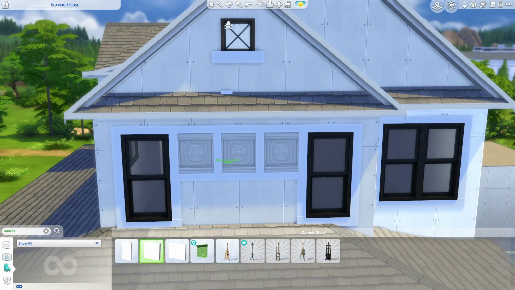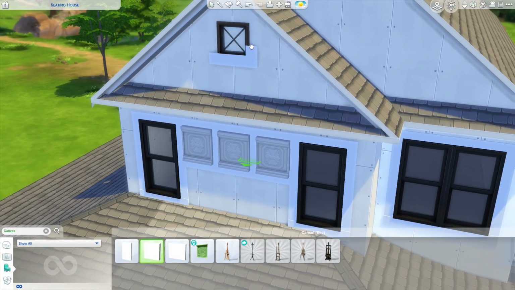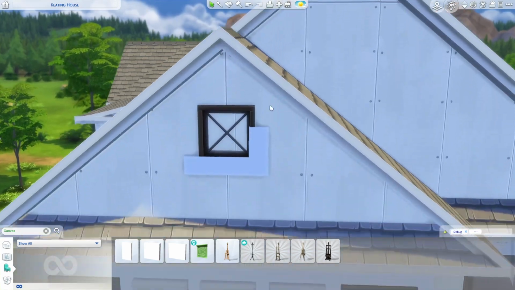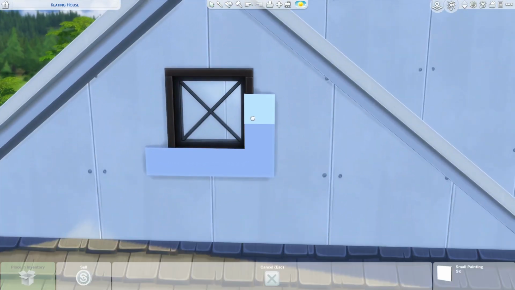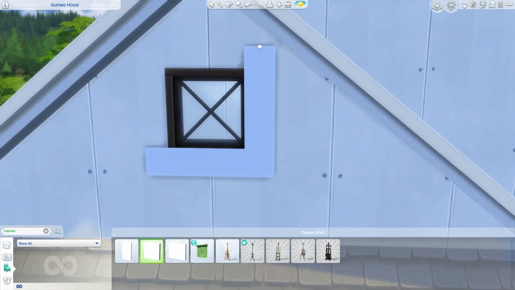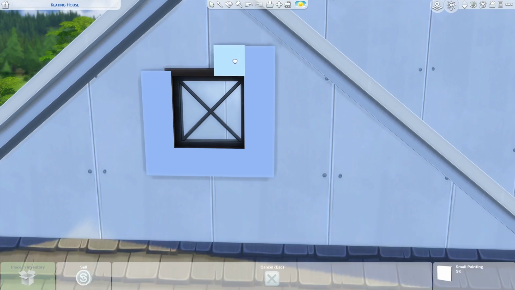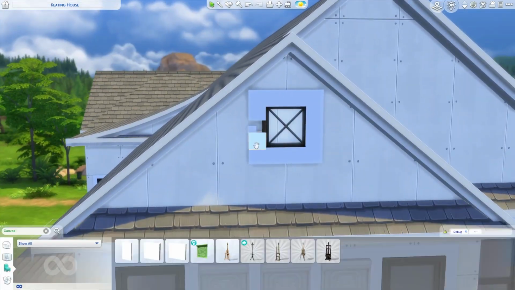I kind of like to get a bit creative with how I'm going to execute different things to get it as close as I possibly can to the TV show or whatever I'm basing it on. Another key feature of this house is on the 3rd floor, kind of on the roof at the front of the house, kind of at the gable end of the house, there is kind of a trellis effect, and I